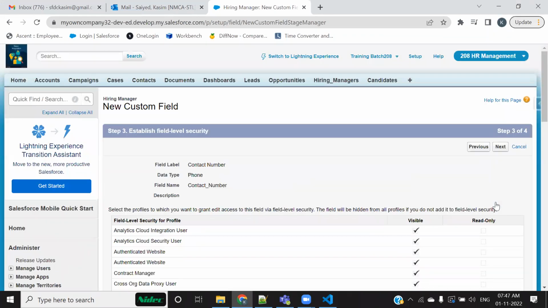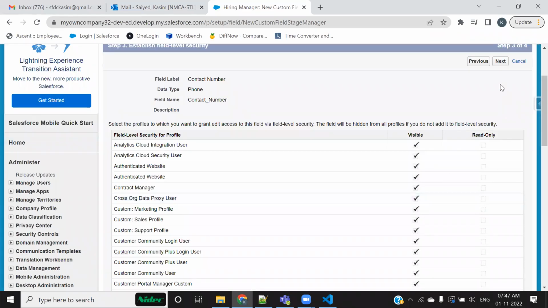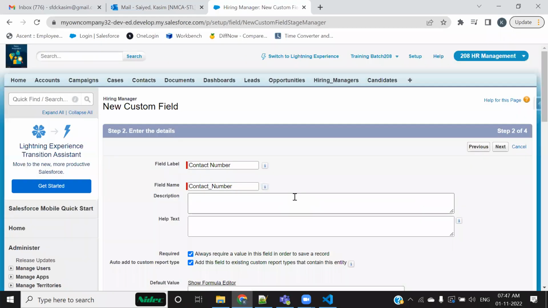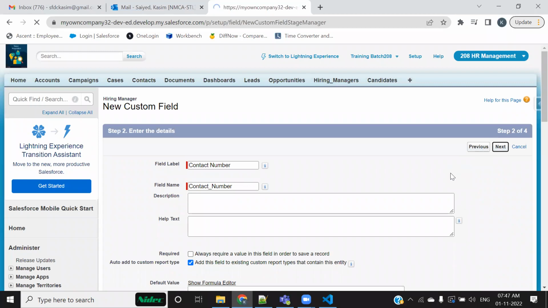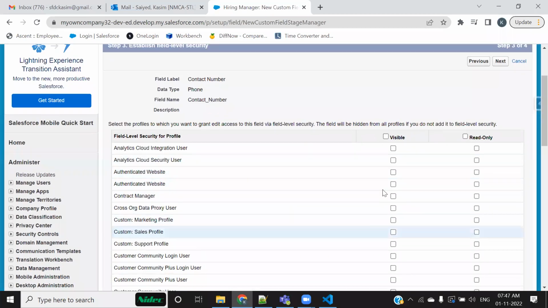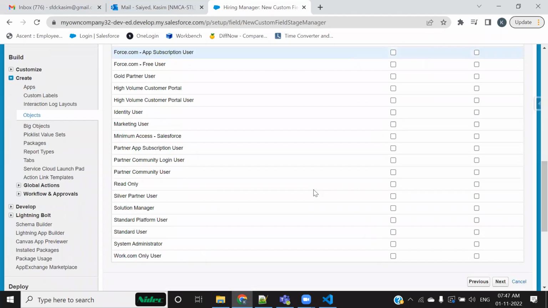All right. When you make a field required, as previously, if I go to the previous page, see the difference. If I don't make it required, I'll go to next. You have all these options in an editable form. These are the different profile users. These are the different profiles actually.